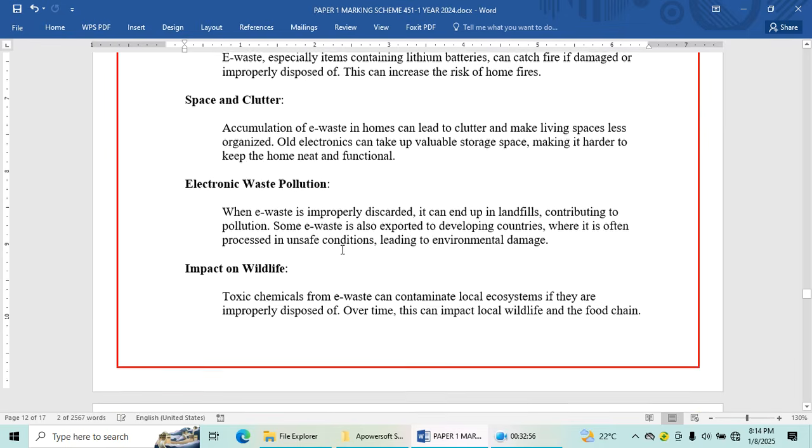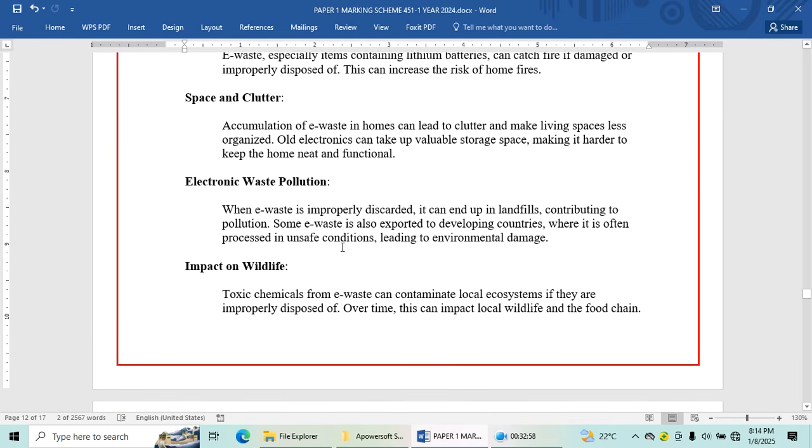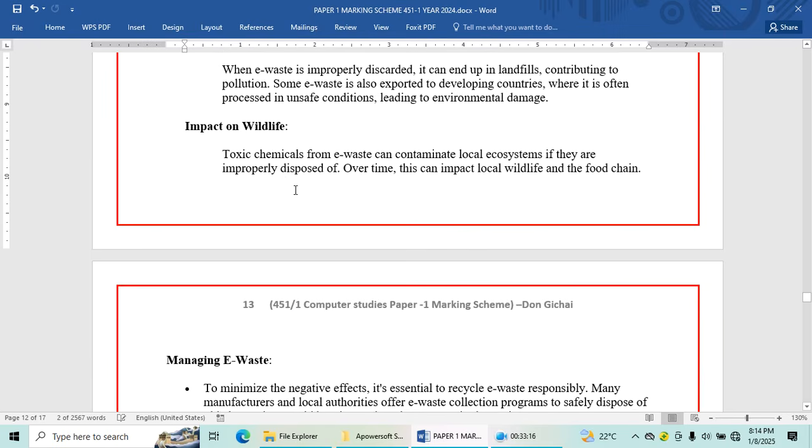Electronic waste pollution. When e-waste is improperly discarded, it can end up in landfills, contributing to pollution. Some e-waste is also exported to developing countries where it is often processed in unsafe conditions, leading to environmental damage. Impact on wildlife.